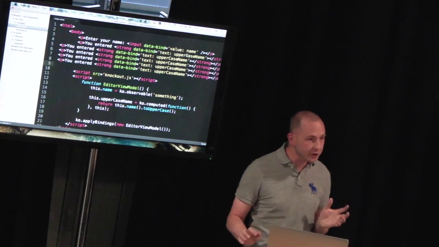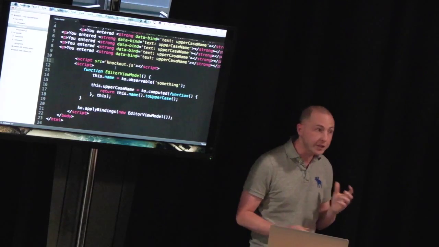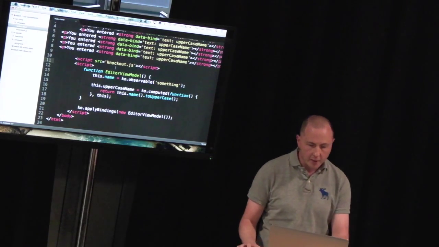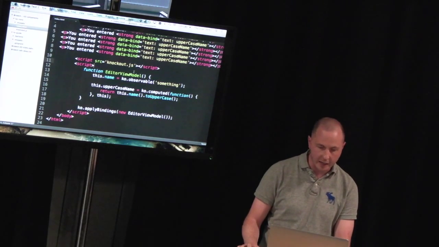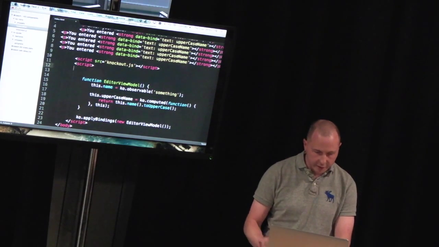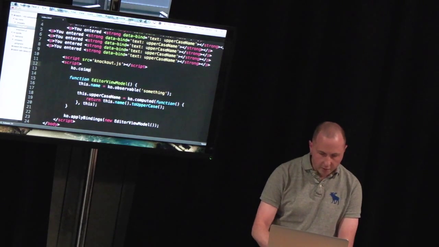So we've got ourselves a trivial little thing that does not a lot of interesting stuff, but let's say that we want to make this into a reusable component now, because it's impractical to just have one top-level view model. Nobody can build a large application that way. So what we can now do with this new feature, I'm going to say